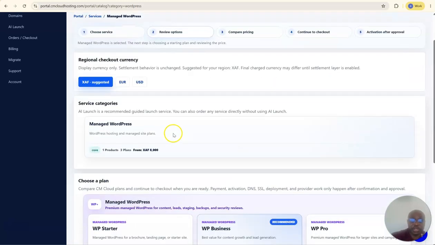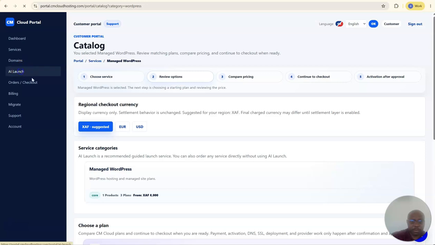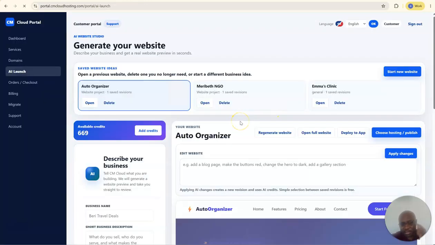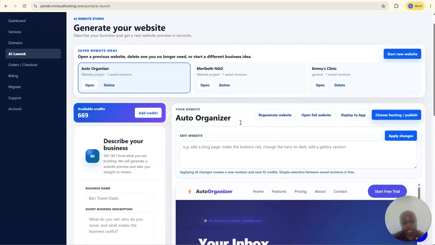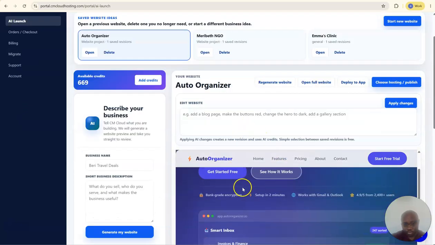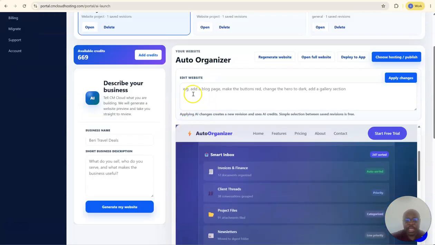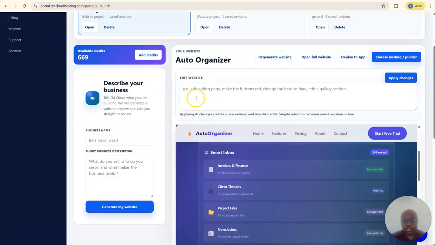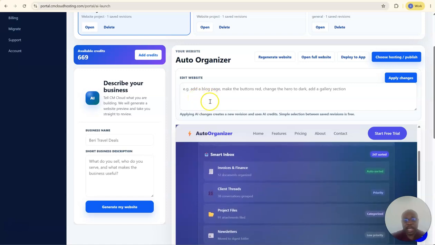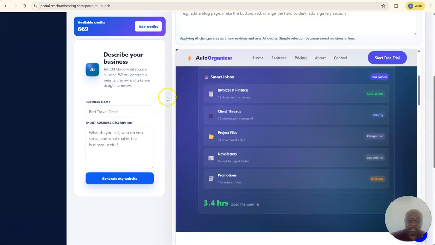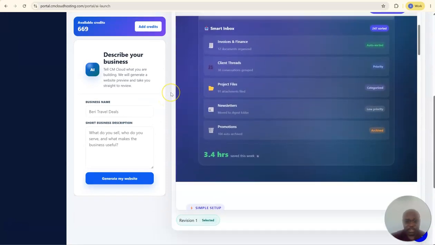And this is quite amazing because with deploying, for example, what we are going to show in the next video, how you deploy from AI Launch to App Deploy. You deploy your website online using one of the runtimes, static websites, or Node.js or Python, depending on whatever you're trying to build. And then you can use AI Launch or AI Web Studio to update your website live and then redeploy. So I think this is quite amazing, and this is something we're going to do in our next